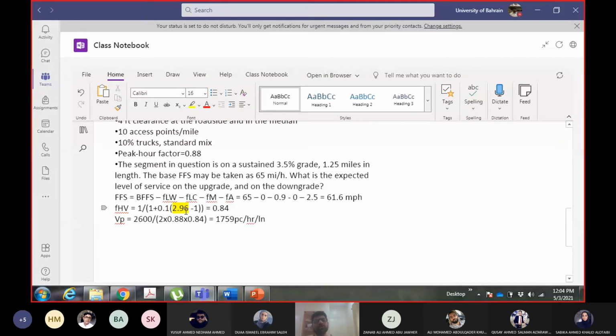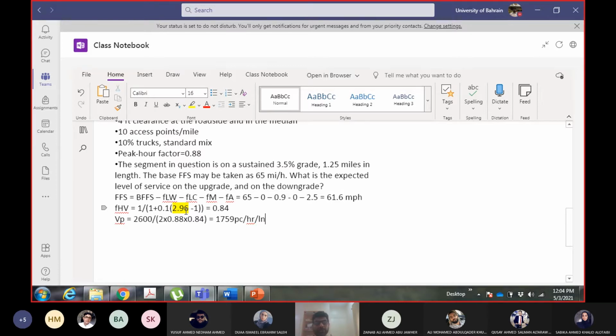Okay, then I need to check it with the BP value, the breakpoint. Okay, so I can decide about the speed. Now it's a multi-lane highway. For multi-lane highway, breakpoint is fixed, 1400 passenger cars per hour. For all multi-lane highways, breakpoint is fixed. I don't have to use any equation like freeways. It is 1400 passenger cars per hour.